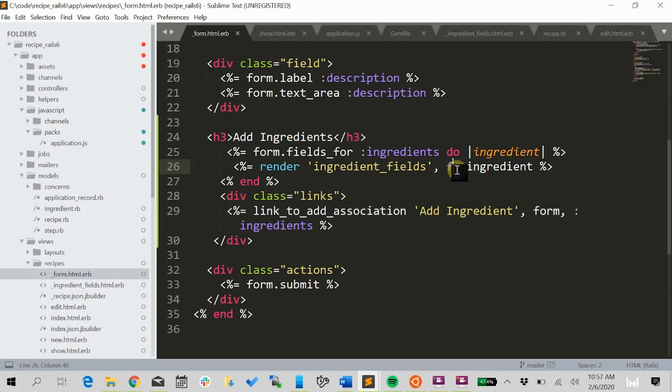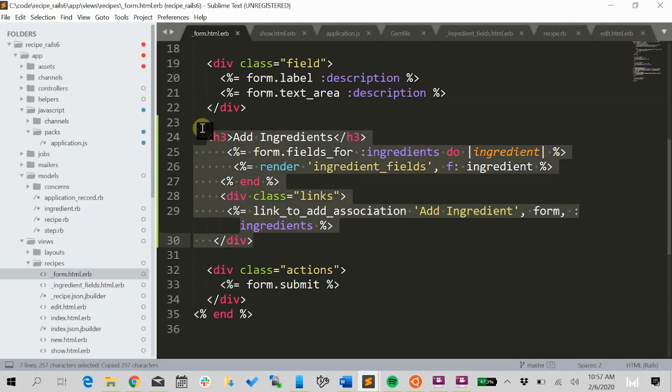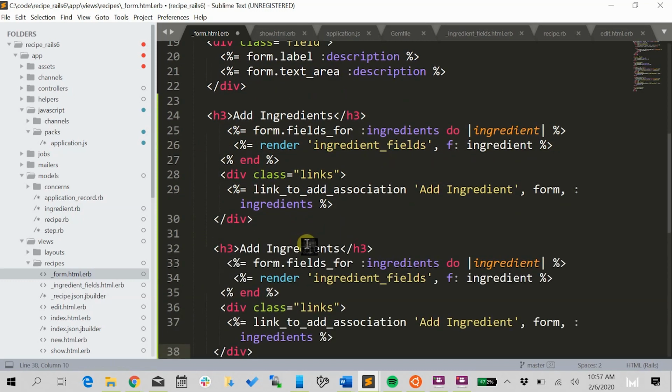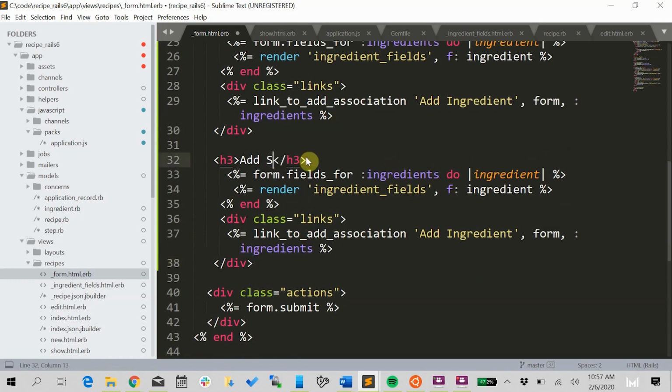Again, change the form to an F. Okay. So for speed purposes, because this is getting long, let's add our steps and let's call it a day. I'm going to copy and paste this entire section of add ingredients, and I'm going to change this to steps instead. And instead of form fields for ingredients, we're going to call this steps, and we're going to call this